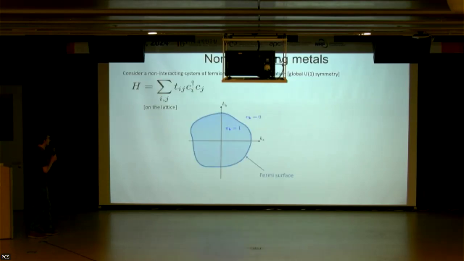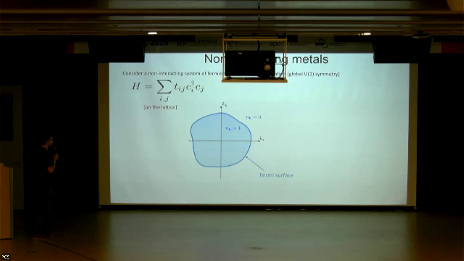Of course, you can think of the simplest case, which is a non-interacting metal. So let's consider some system of fermions hopping on the lattice. Non-interacting fermions with some global charge conservation symmetry. Of course, you could also have fermions moving in the continuum as well, if you prefer. I will kind of go back and forth between the lattice and the continuum in this talk. But anyway, because it's a non-interacting Hamiltonian, you just diagonalize the Hamiltonian in the basis of the